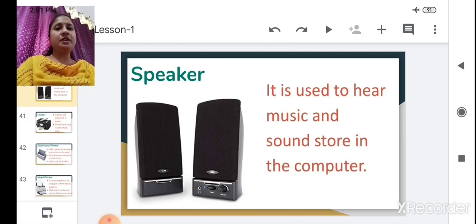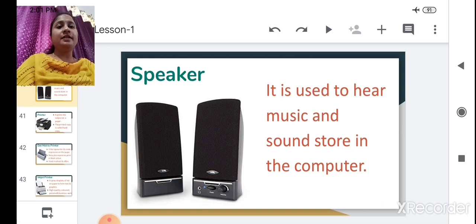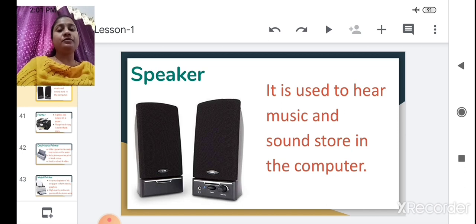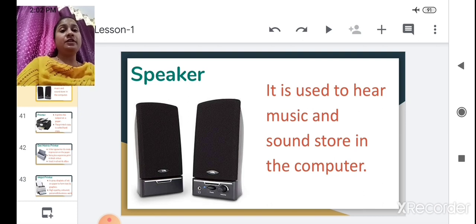So the next output device is the speaker. All of you know a speaker. For what purpose is the speaker used? To hear music, right? Yes, it is used to hear music and sound stored in the computer. For listening to music and sound effects from our computer, this speaker is used.